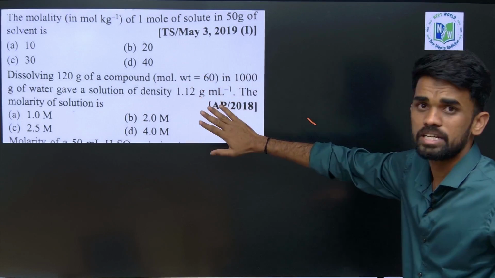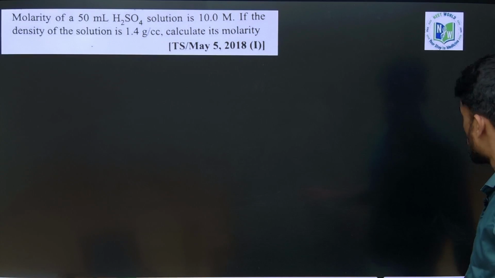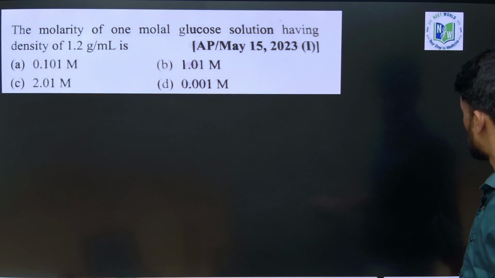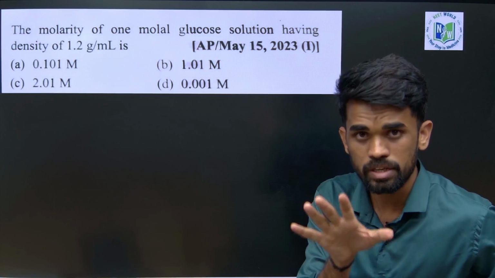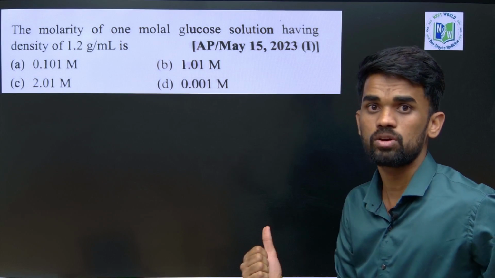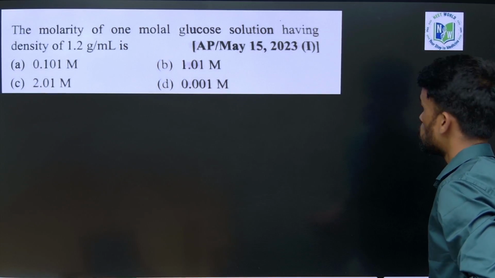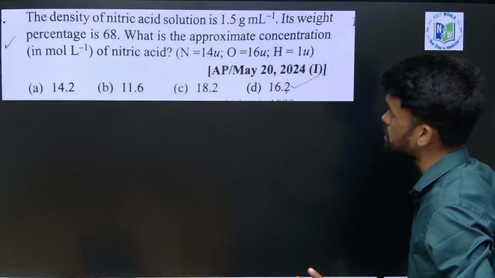So just take the screenshots of these questions first. Here I have included this question also, and the next question also you can take. So give a try from your side. You should not go out of this class now. You need to sit like that and solve the question, then only you can go from your place. Okay, so do not close your books. First give a try from your side, then only you can go from that place. Yeah, so solve all these questions.